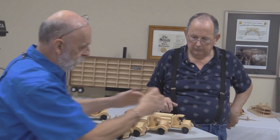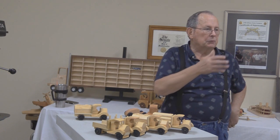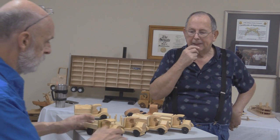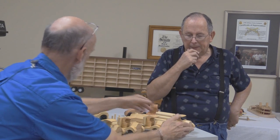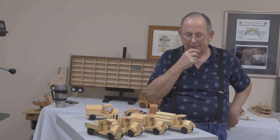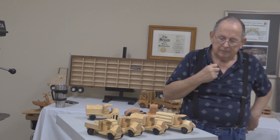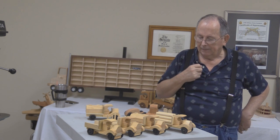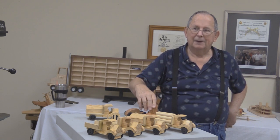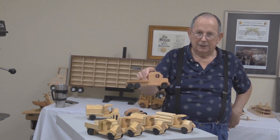Everything from here up is the same. He's just changed the backs. Those are just some of the examples that were in the article in the magazine. Yeah, but I'm just saying, it gives you the ability to make all the pieces, and like you said, make the jigs so you can cut all your pieces, and then you create basically the truck body, and then you can make it whatever you want it to be. And this one here, Steve,